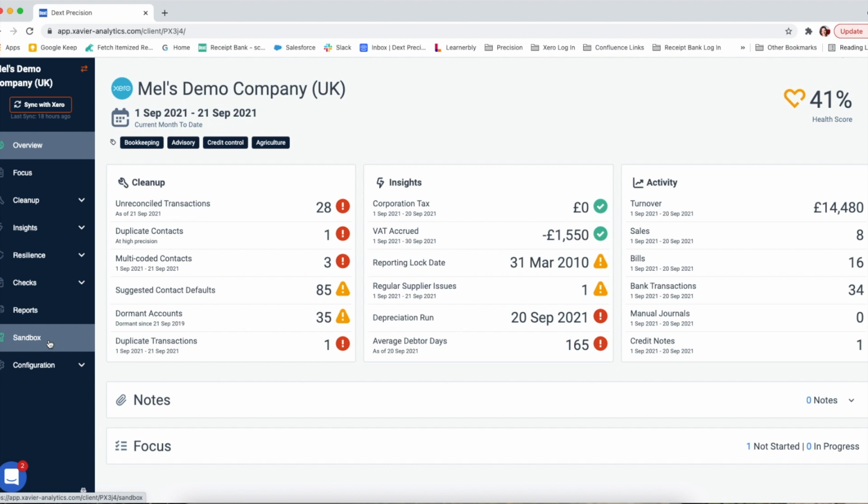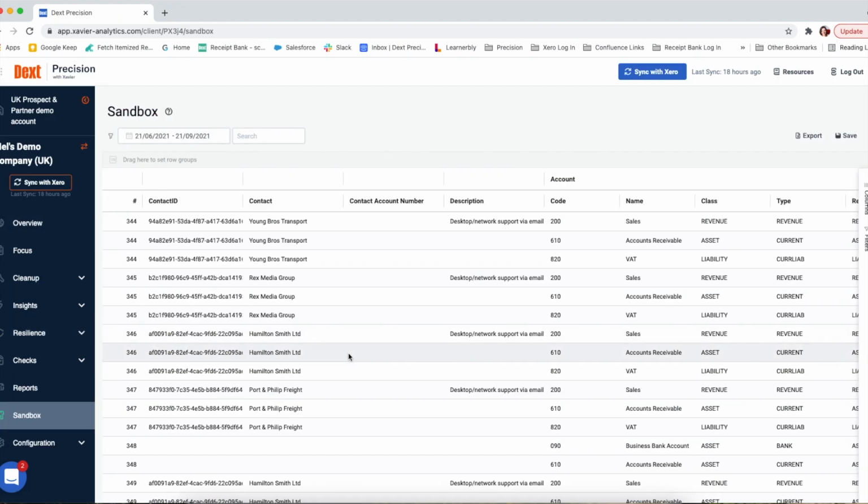So once you have cleaned up this account, and perhaps you are a manager, or even if you are the bookkeeper working on the job and you want to just go through and have a review of the transactions that have been reconciled inside of Xero or QBO, there are some reports that you could run inside of the Sandbox. So if you think about how you run your jobs now or how you do your reviews now inside of Xero,